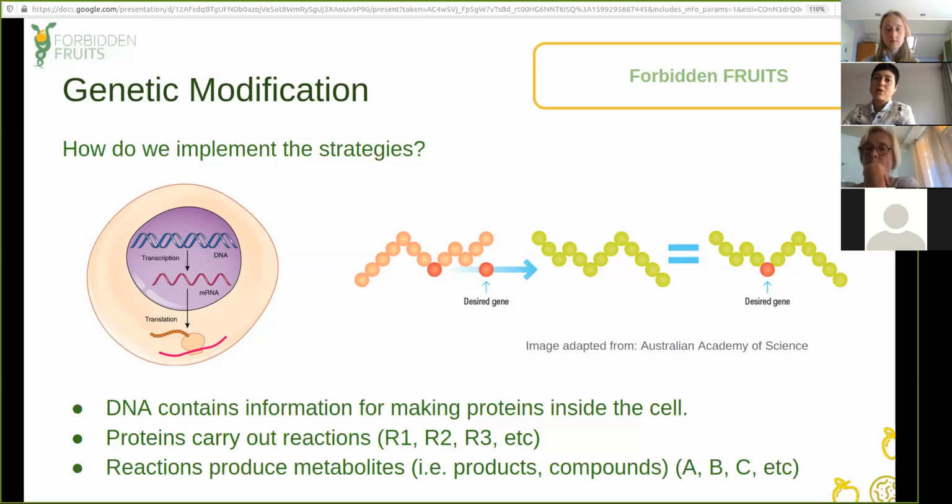So then if we can modify which proteins are made by the cell by modifying its genetic code, we can also tell the cell which proteins to make in order to run reactions that we need, which are the ones that our algorithm will recommend, and which ones we don't want to have in the network in order to achieve growth-coupled production. And that is how we can implement what our algorithm suggests. We make proteins that will run our reactions, and we eliminate proteins to eliminate the reactions that we don't need.